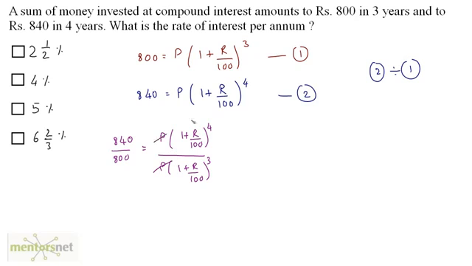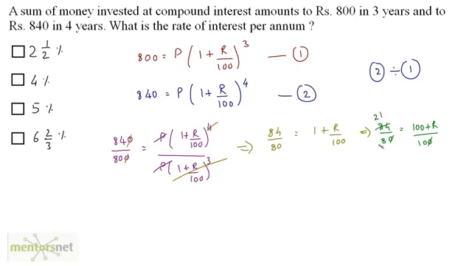So this P and this P get cancelled out. This 1 plus R upon 100 raised to 3 cancels out 1 plus R upon 100 raised to 3 in this term. So what remains is only 1 plus R upon 100 raised to 1. Okay, so we have 84 by 80 is equal to 1 plus R upon 100. So again 84 by 80 is equal to 100 plus R upon 100. This 0 and this 0 get cancelled out, and if I divide this by 4,